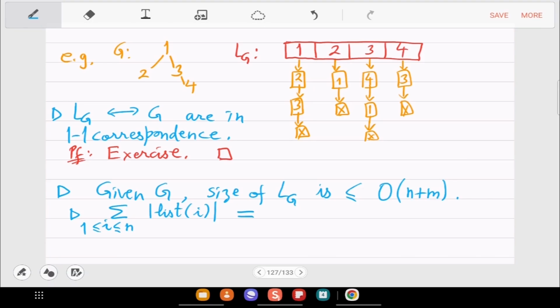So I'll just write here that this is less than or equal to order of n. And you can see in this example that it's 2 times n minus 1. Okay, you have the size of the orange lists is 6, and that 6 is actually coming from 2 times 4 minus 1. And this is always true.